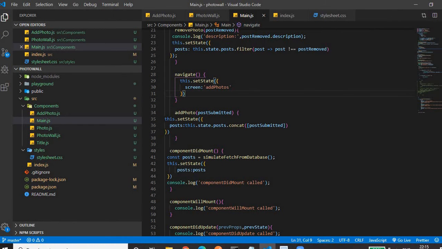In React.js, routing can be divided into three parts. One is BrowserRouter, which is used for tracking the URL changes. On the basis of URL changes, it will show the correct component. The second one is Link.